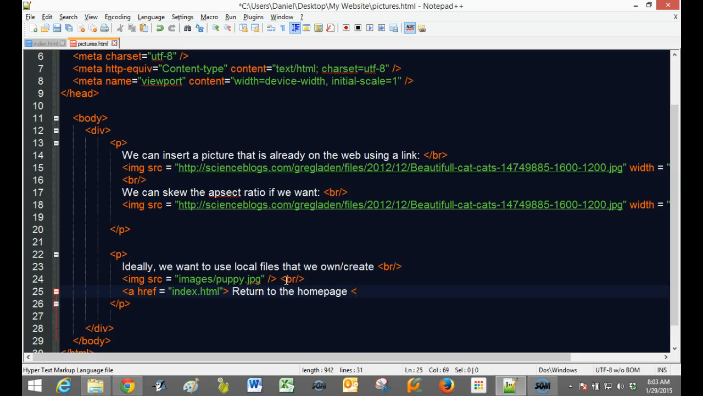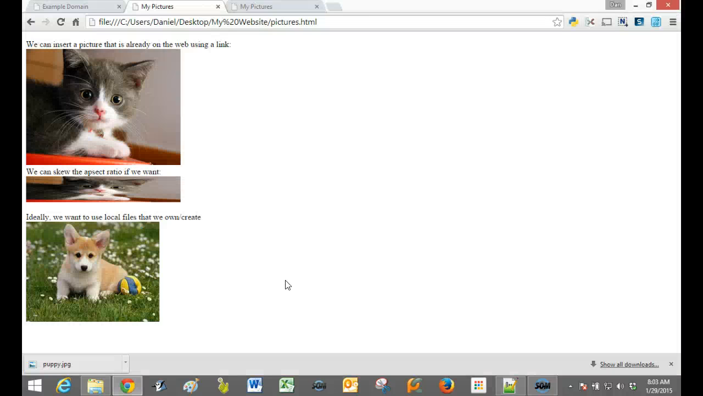And then I close the anchor tag, save it, go back, refresh it. Refresh this one, sorry. And then I can return to my home page, and now I can click between them without going on the tabs, and now I've built a 2-page website that goes